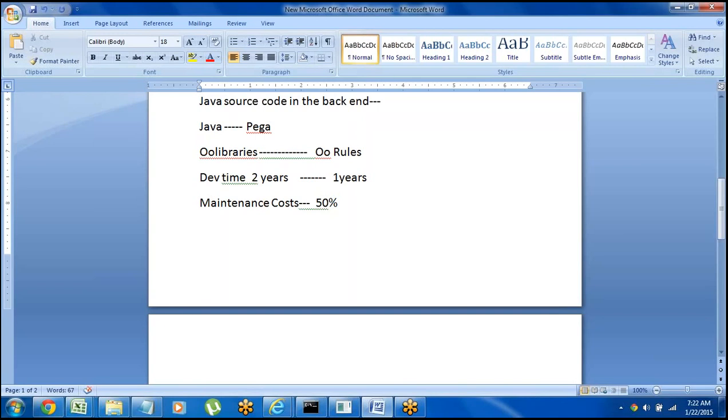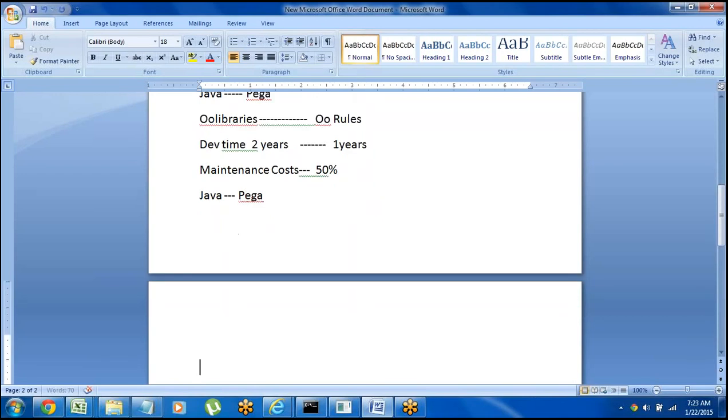In real time, if a Java project is there and they want to do the maintenance, we can do that in Pega technology. An application developed in Java can be maintained in Pega also, which saves the maintenance cost by around 50%. I will tell you how in the coming sessions.